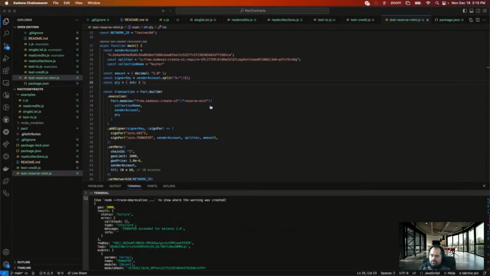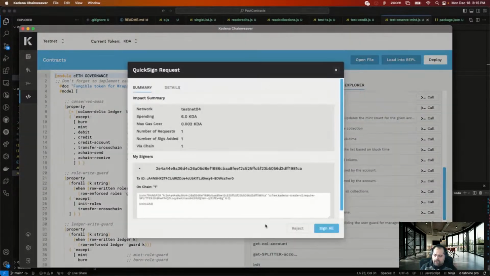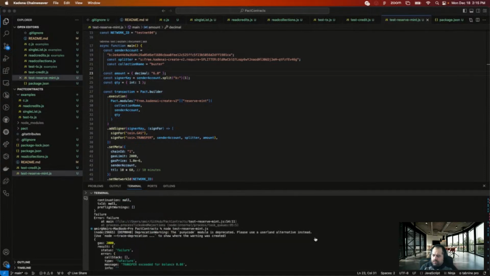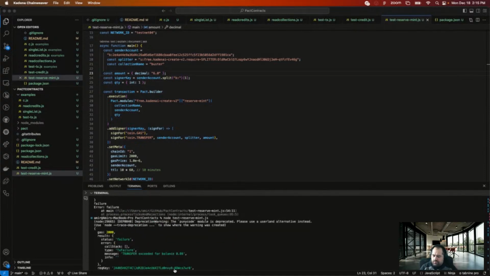Transfer exceeded. There's no way. Oh, there is a way. Yes, okay. Yeah, because the price is higher. So decimal, let's just try 6. I'm not thinking, it's my own fault. Seriously, still. Transfer for balance. Let me just check this account. There should be plenty of balance on here.